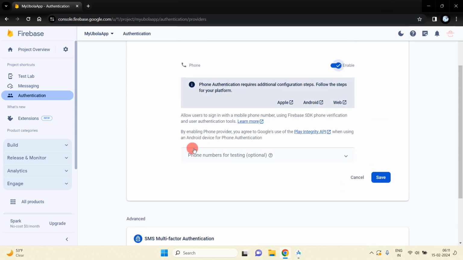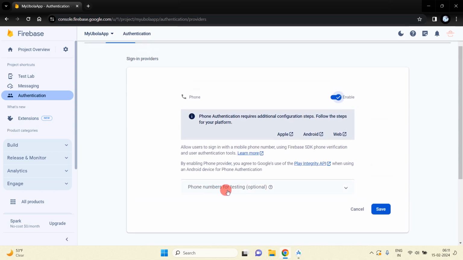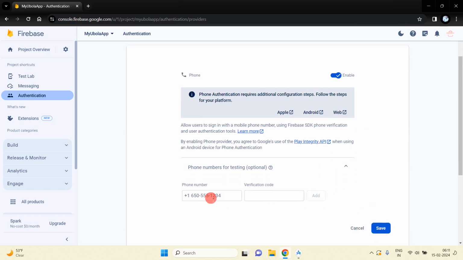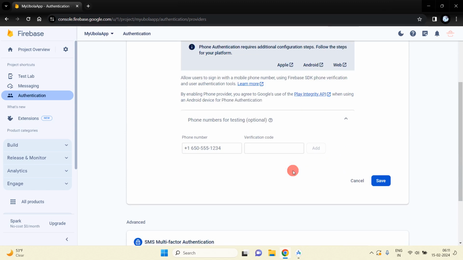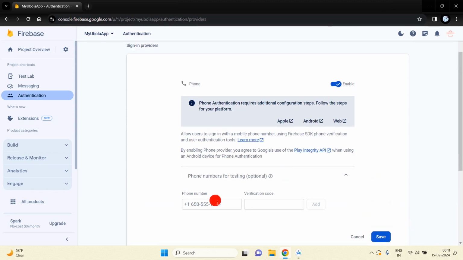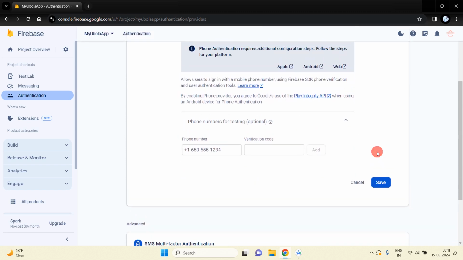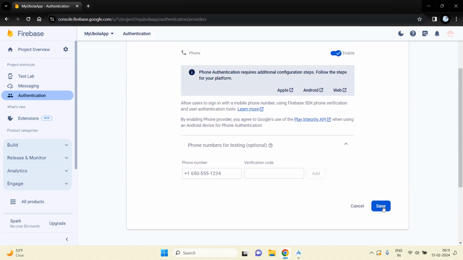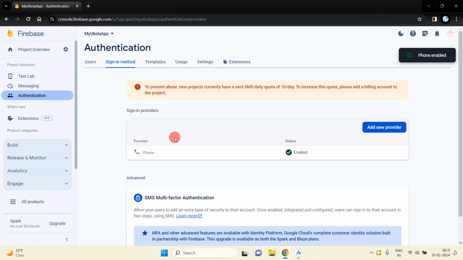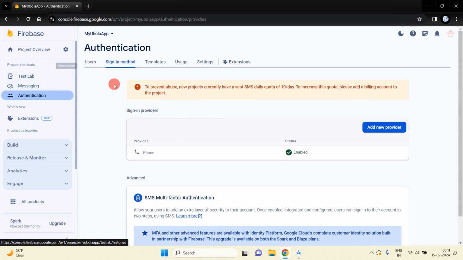And if you want to add any optional phone number or verification code, then you can add it here, but now I am not going to add any. So just leave this, and then I'm going to click on this save button. So you can see one authentication provider added here. So we have successfully added our authentication provider here, and